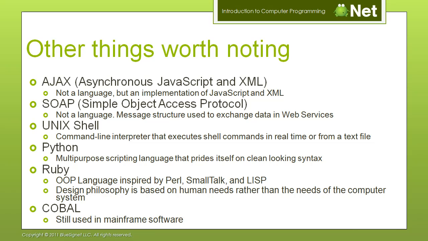Ruby is a language that you usually don't see on its own, and you usually hear it called Ruby on Rails. I believe it originated from Japan, if I'm not mistaken. It was inspired by Perl, Smalltalk, and Lisp. The design philosophy, and again this is up to the developer's interpretation, was to be more of a human language and less of a computer language. It prides itself on simple usage of data structures like objects. It is an extremely elegant language.